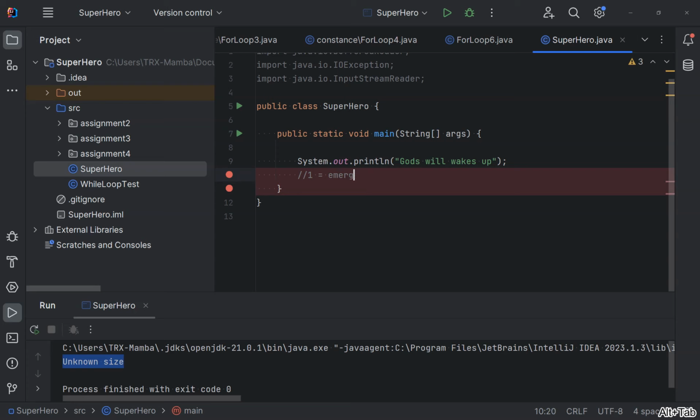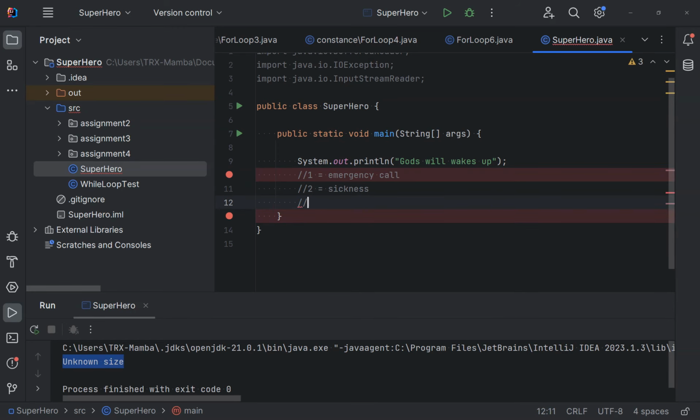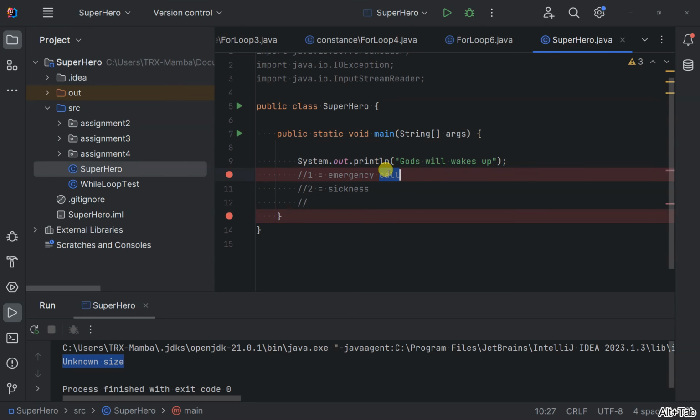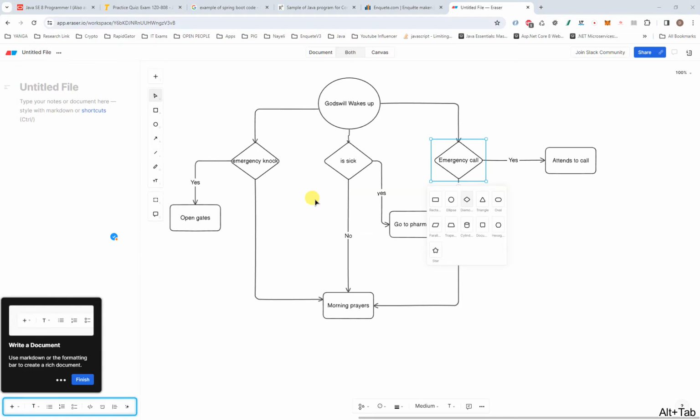emergency call. I'll say number two means sickness. I'm putting these comments just for anyone reading the code to understand what my numbers mean. I'll say 3 means emergency call. No, this one was emergency knock. So 3 would be emergency